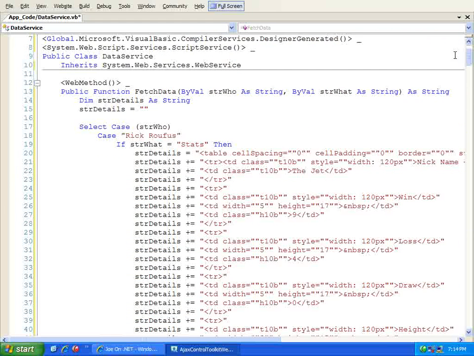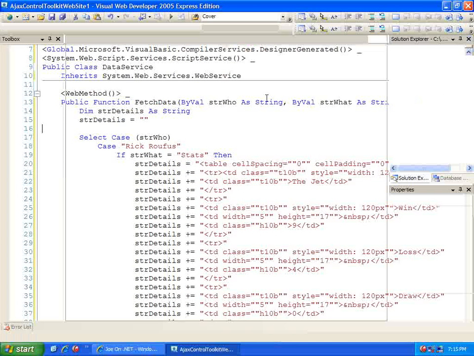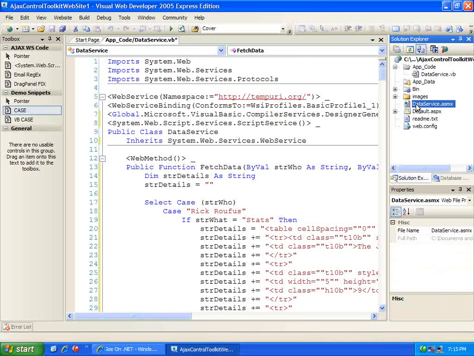And again, you probably won't do this in your application because you're going to want it to be dynamic based on what data gets populated. I'm just doing this for the sake of the demo, so you don't have to populate a database. But if we go ahead and run this web service,